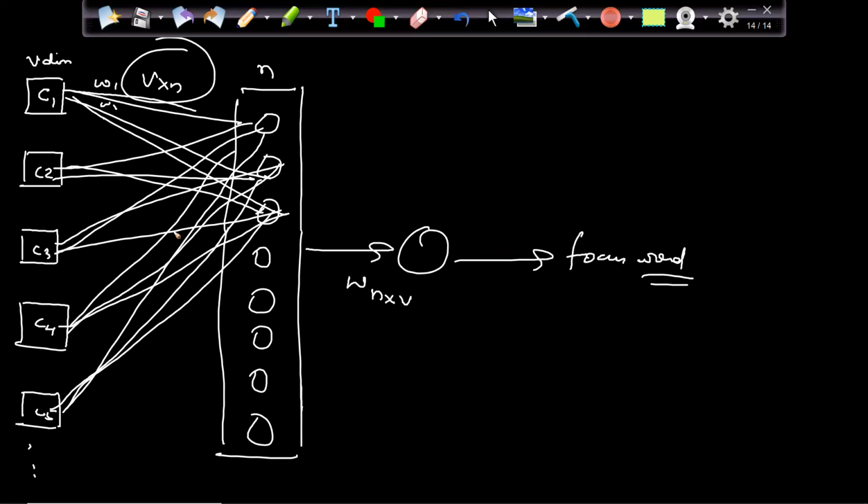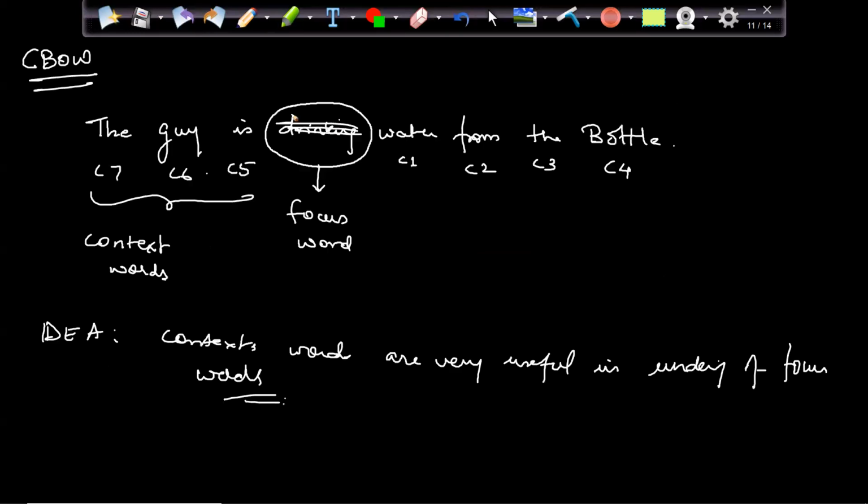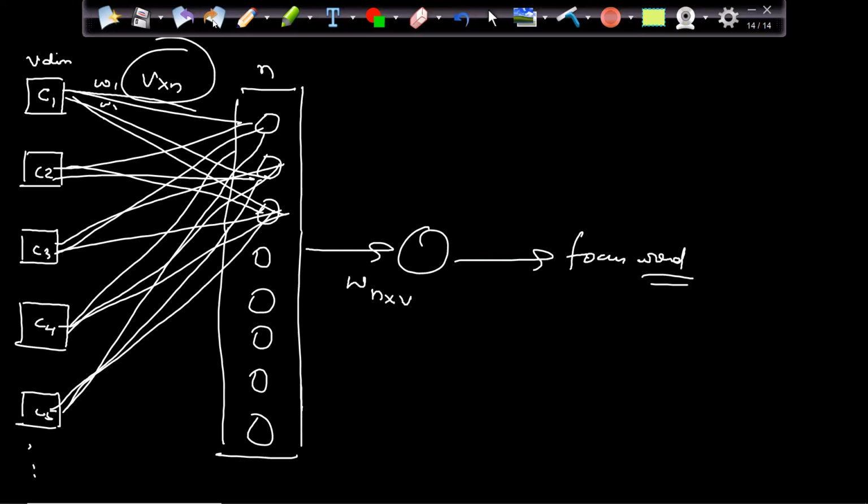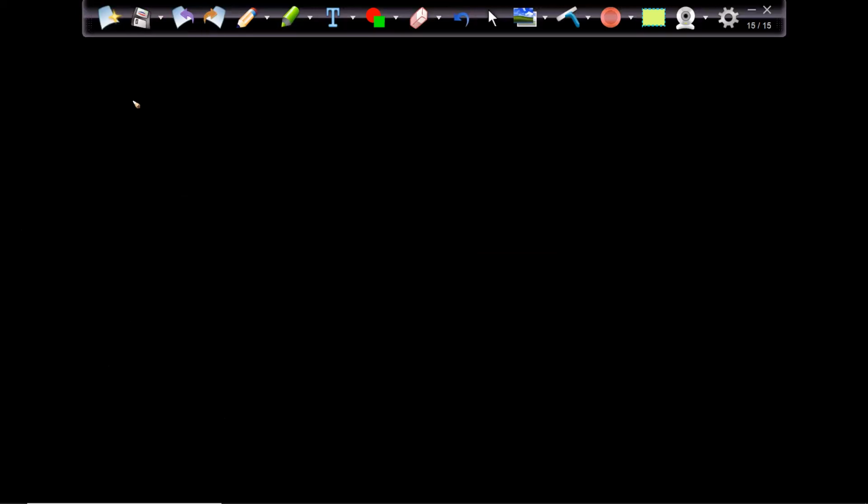So while we are training this data, how will the training happen? Because again, I need a lot of data for training, right? I have a set of words. For example, this is my sentence, so what I will do is generate a corpus here. How will the corpus look? Let's try to understand that. Let's say the sentence is: the boy is drinking water from the bottle.